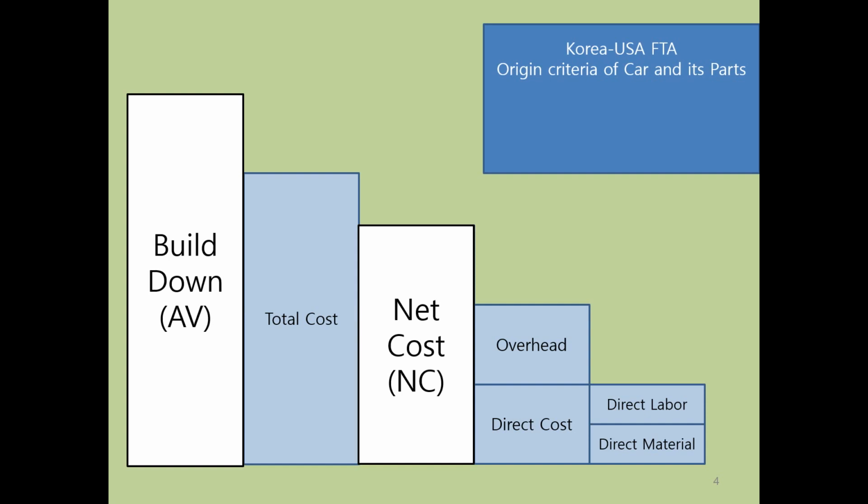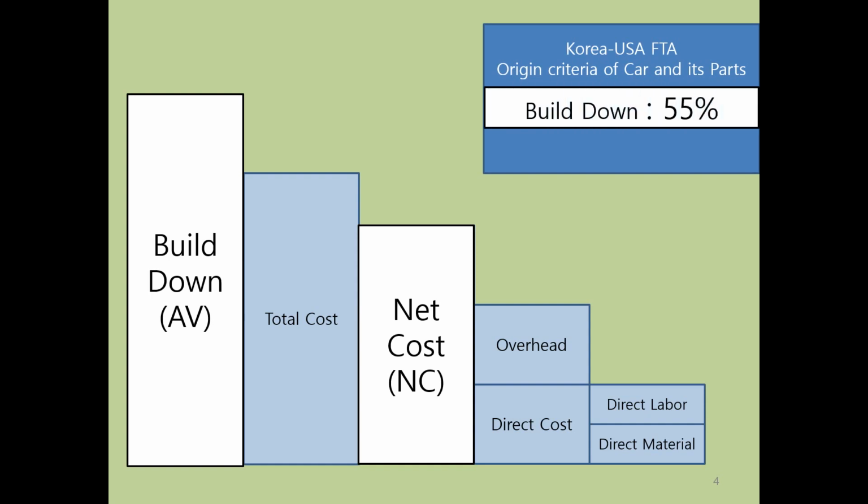The origin criteria of cars in the Korea-US FTA is build-down method 55% and net cost method 35%. If we don't know the characteristic of the RVC method, we might think that the net cost method is better than the build-down method. But however, as I explained, that has a reason. Okay,